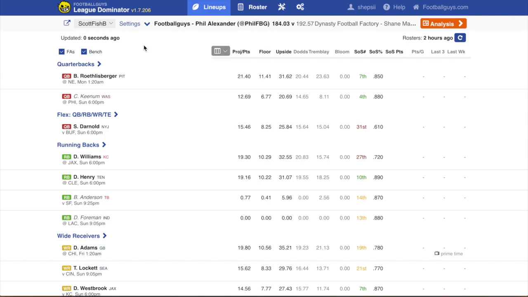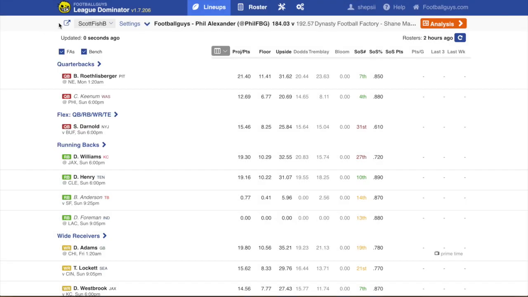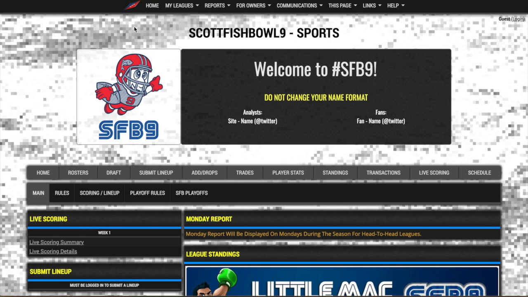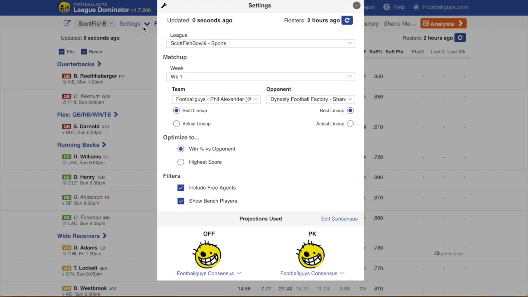So just to cover the top of this screen here, you've again got the ability to switch leagues. And this button here is going to open your league site in a new window if you want to make changes as a result of the advice from the Matchup Dominator. So the key thing that we're doing here, if we have a look at the settings, this is where you can change some other things, is we have the ability to optimize for your win percentage versus your opponent